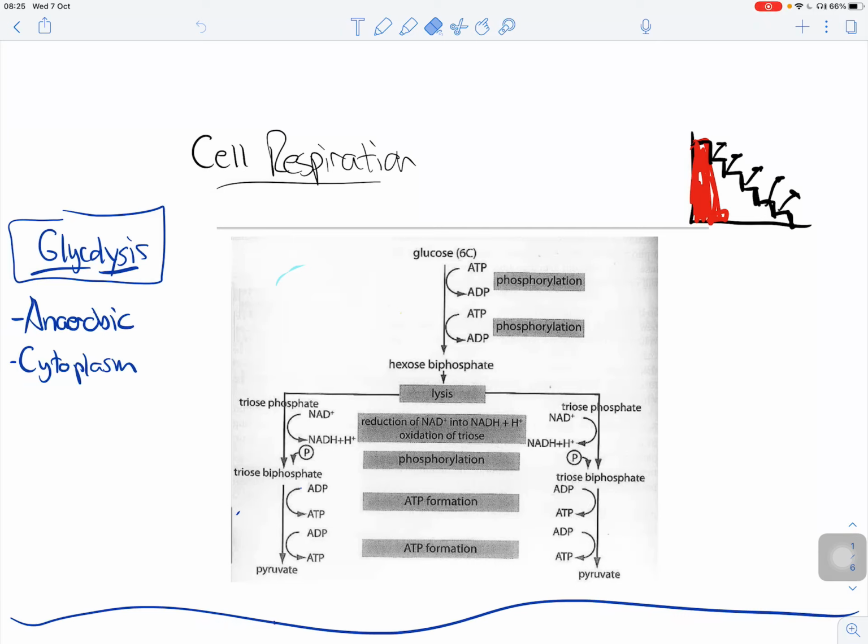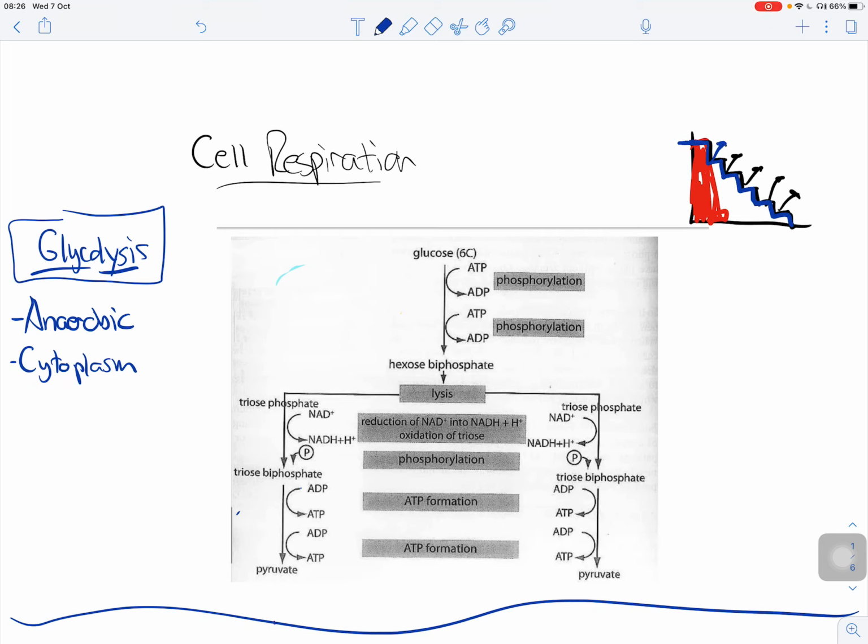Okay, so in this video we're going to talk about cell respiration and we're going to focus on glycolysis, the link reaction, and the Krebs cycle. So remember, the purpose of cell respiration is to take the energy in glucose, imagine represented by this line here, and to slowly release that energy through various methods, but slowly taking that energy out so it can be used for other things in the body,